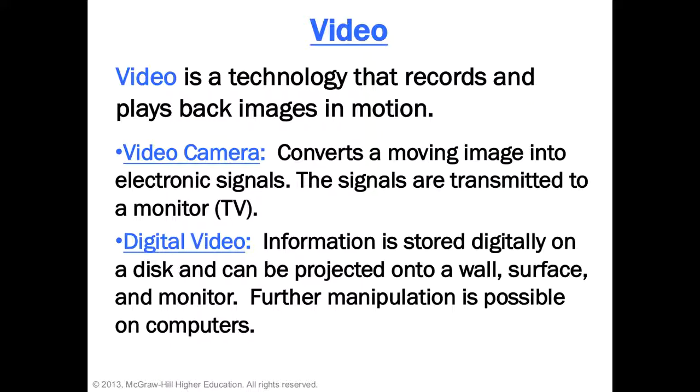Video, Peter Campus is one of the beginning auteurs, or I would say, I don't want to confuse the term, one of the beginning artists using a video camera. So it's a different way of making images. It's electronic signals, and they're transferred to a monitor. This was not a way to store things initially. It was basically a way to transmit television, and then it became digital video, which is stored digitally on a disk, and we all know about this at this point.